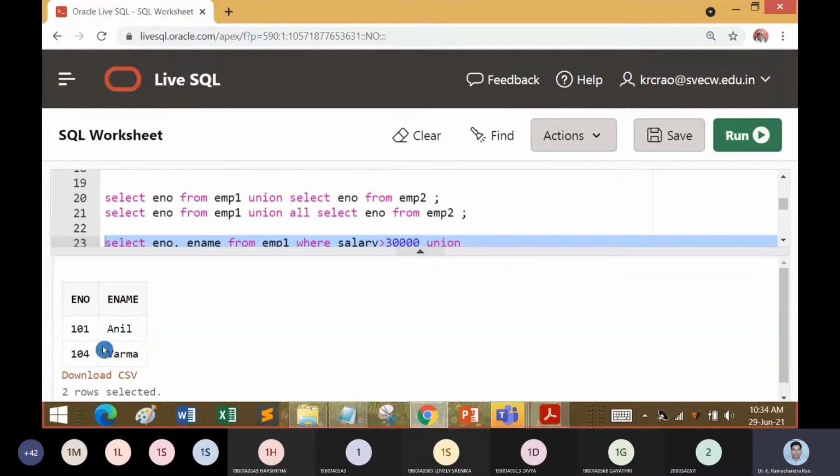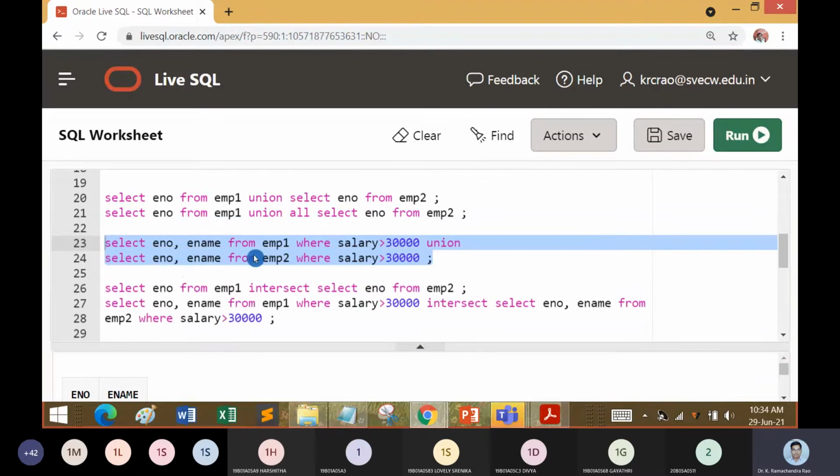Still, we are getting only 101 and 104. We didn't get the extra value from the union with salary greater than 30,000.